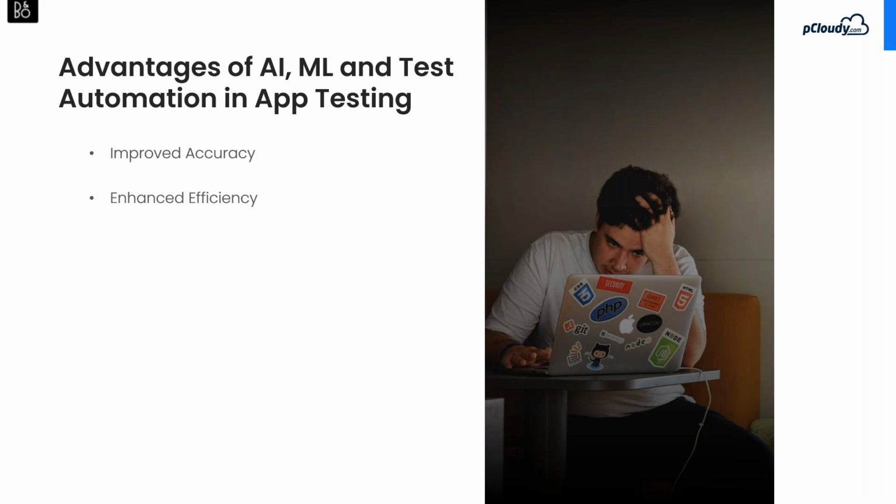And with enhanced efficiency, the efficiency of testing goes really high, and so does identifying defects with AI and ML. These technologies play a quite important role in today's digital transformation. And you can also cover a wider test coverage. You can cover each and every single scenario that you want to test, right?